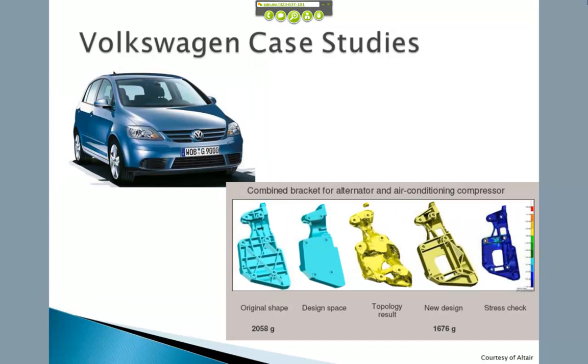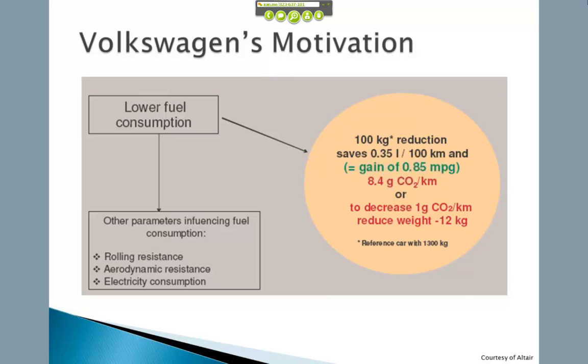Another example, same kind of thing, a bracket. This was the best that they had, 258 grams, then design space, topology optimization. This is their new design, and a finite element analysis. And they ended up saving, weight-wise, about 350 or something on that. So why did Volkswagen do it? Well, hopefully this brownish tan circle helps us understand. First off, Volkswagen knew